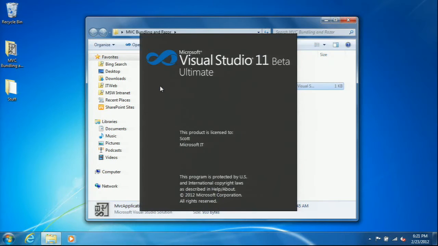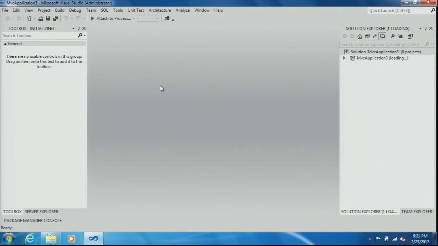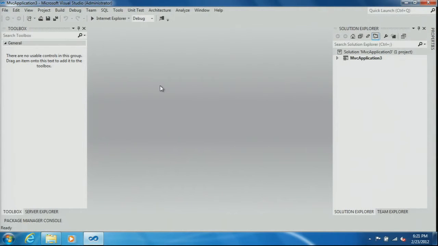So I'm going to open one more project and show a few more features. The first feature I want to show is optimization. So one of the things that we even found in one of our own cases is we were looking at the ASP.NET website one day and we're going, man, it takes 3 or 4 seconds for a page to load. Why is that? So we start looking behind the scenes and we're like, oh, so we're adding like 15 script